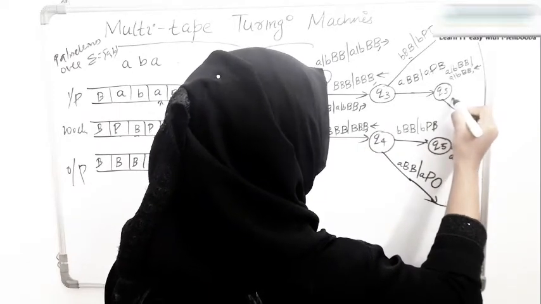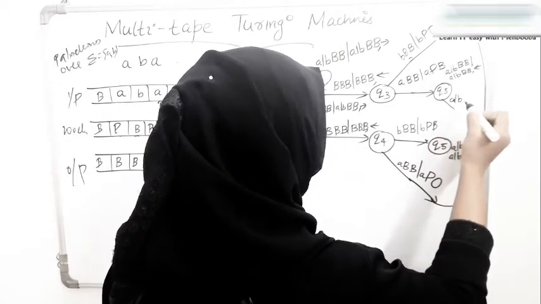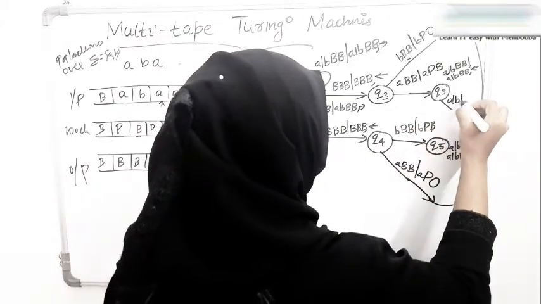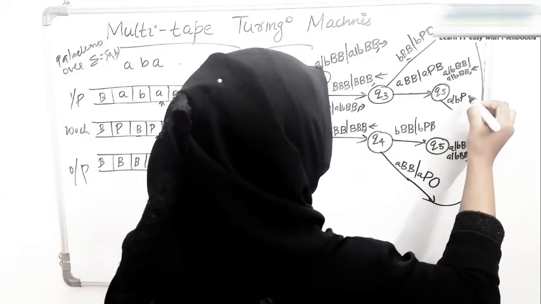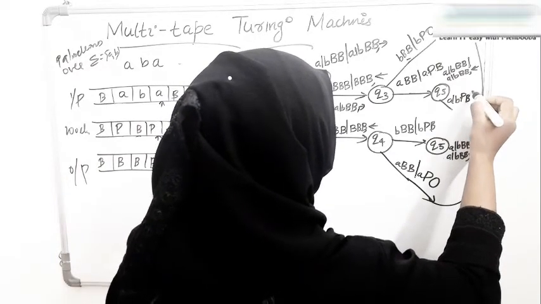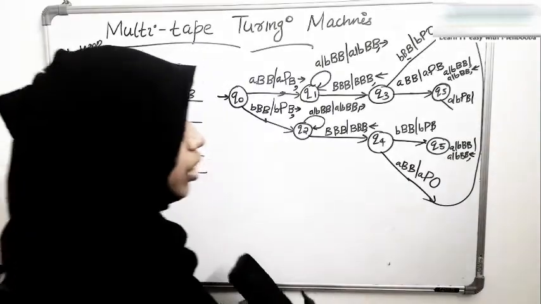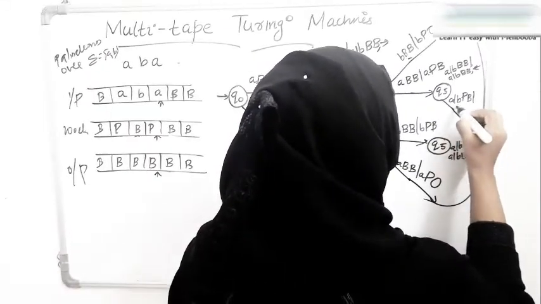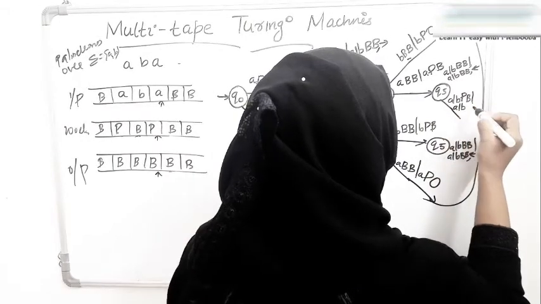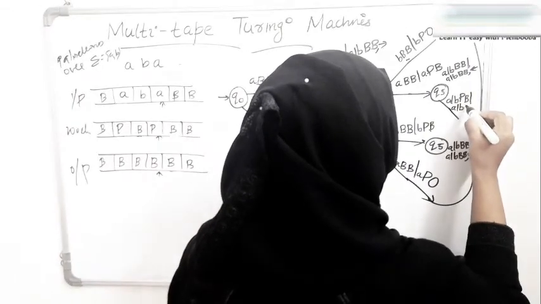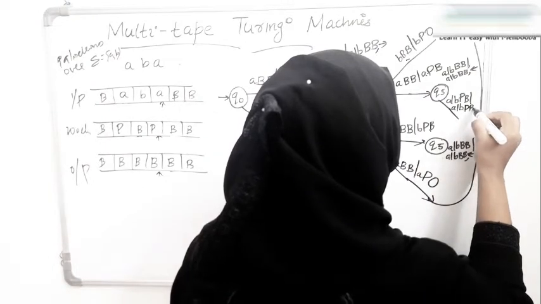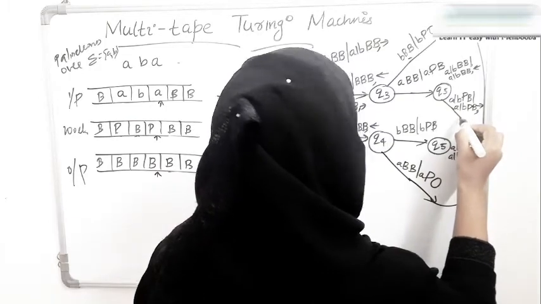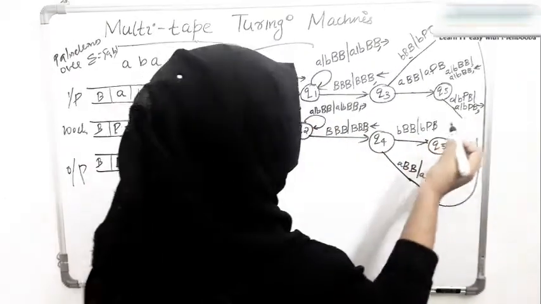A or B in the first step, but it is a P in the second step and a blank in the third step, you should move to right because that is your next unprocessed character, isn't it? So leave them as it is and move to right. So this should go to the state Q0.